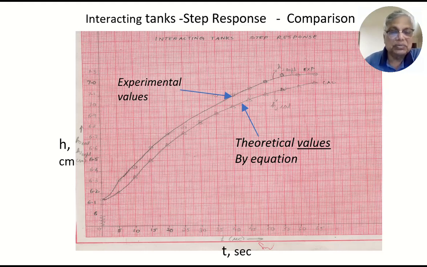So a system may have a complex transfer function, but practically, with some approximation or even with the exact value, it can be considered as 2 or more first order systems in series. So that will make our analysis of control systems simpler. So that is why first order systems in series